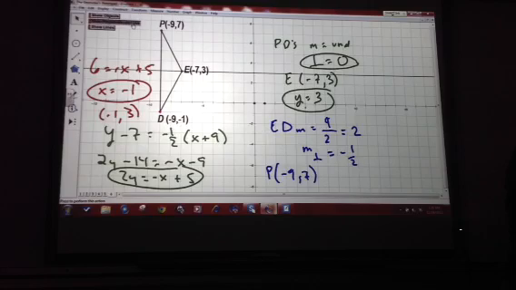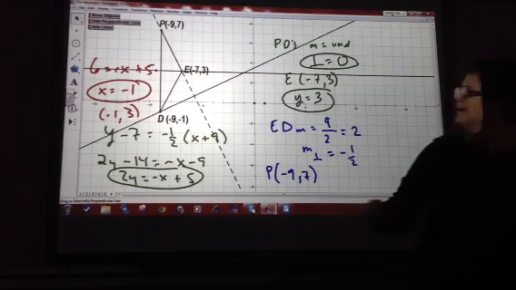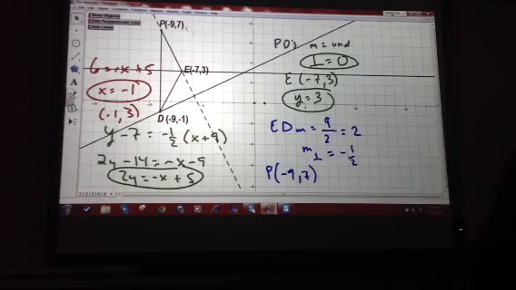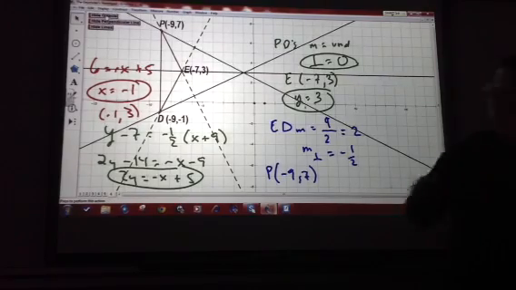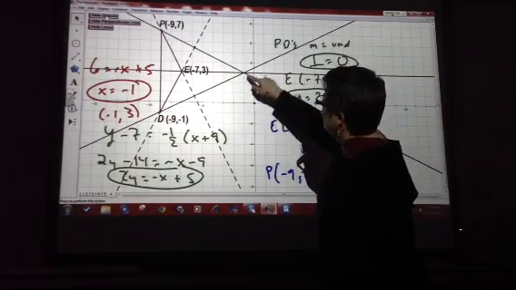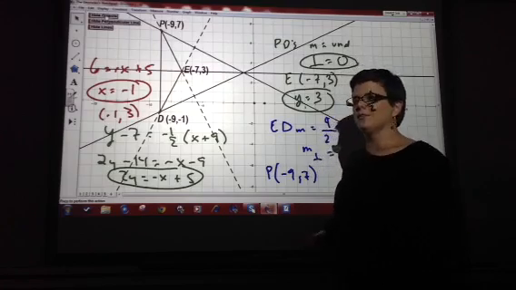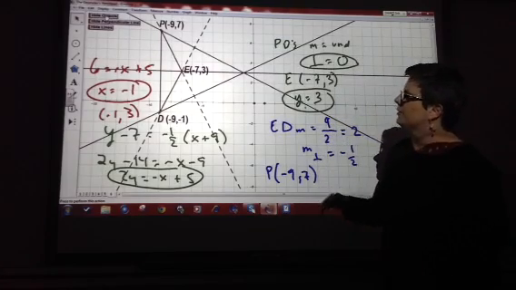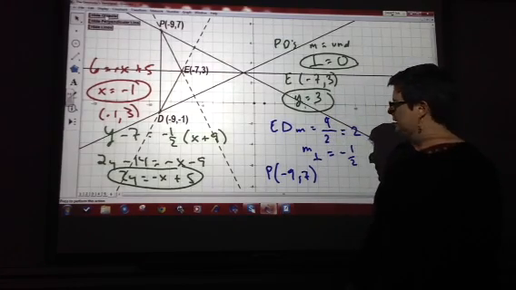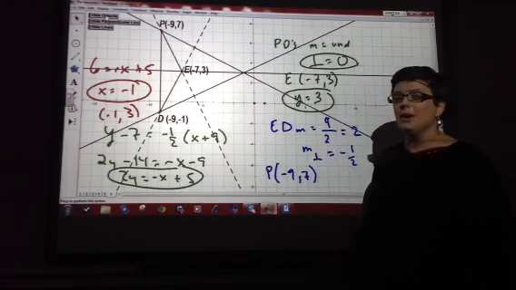Here are those perpendicular lines. And I'm quite excited, and when I say quite excited, I mean quite ecstatic. Negative 1, 3, that is the point of concurrency of the altitudes of the given triangle. So, that's it. I know it was a quick little